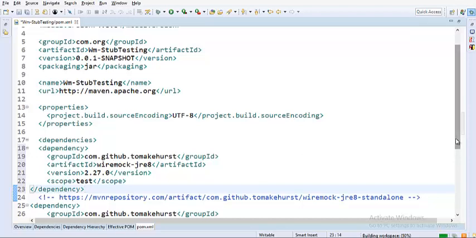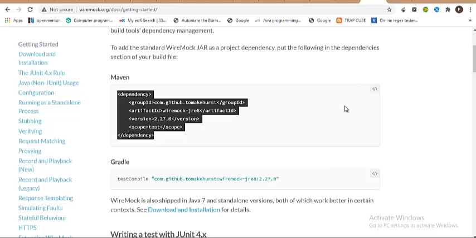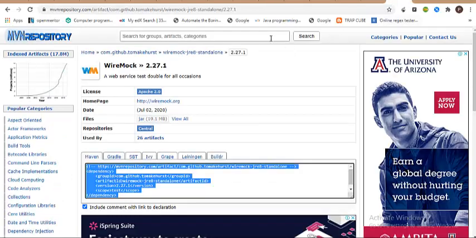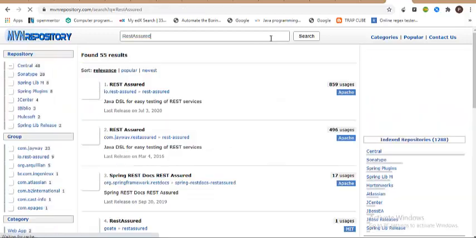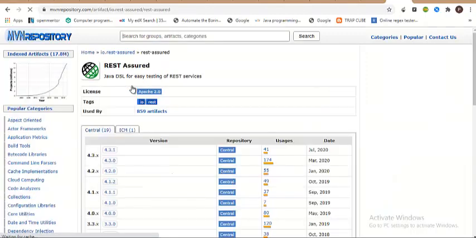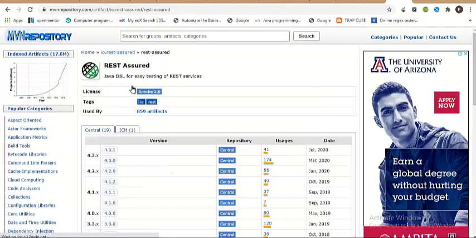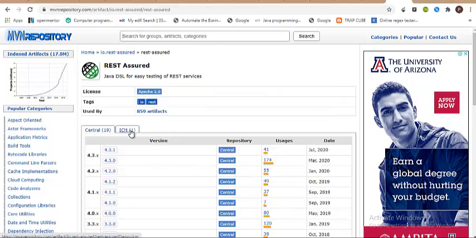So now I have a couple of dependencies with respect to WireMock, but we need something to test. As I just mentioned, in this lecture I'm going to use REST Assured for our stub testing, because we have already understood that creation of a stub is one part and testing is another part. Testing, as a testing team, is an essential part. In the previous playlist, we understood that we can test that through Karate. So you can do it with Karate as well.